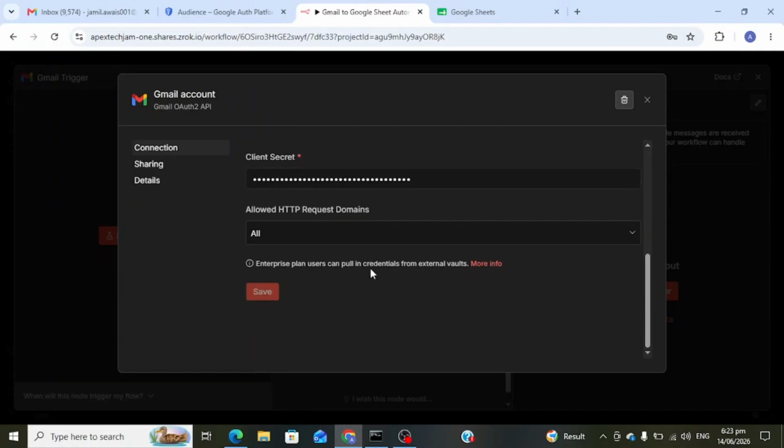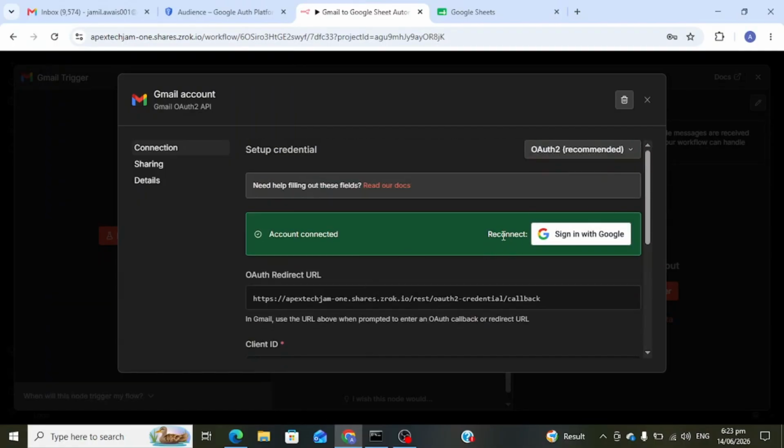Now that our OAuth credentials are configured, and the Google account is connected successfully,